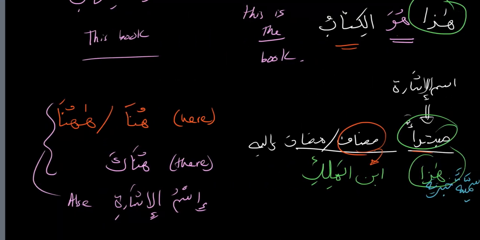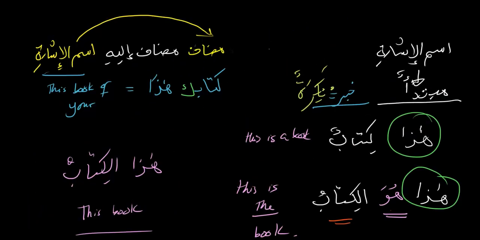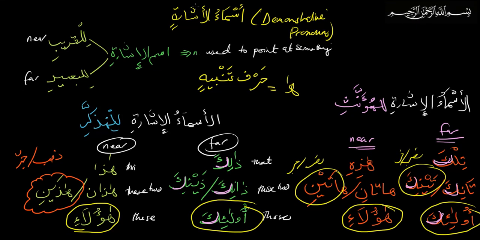Before we finish, let's just review again because we want to learn this stuff. Today we talked about ismul ishara. These are again mabni. Now, this is a category of nouns that are mabni. Ism ishara, demonstrative pronouns, is for near and far, and for men and women. Ism ishara lil muzakkar is for near and far. For muzakkar near: haza, hazani, hazaini, haula'i. Far: zalika, zanika, zainika, ula'ika. And ism ishara lil mu'annas